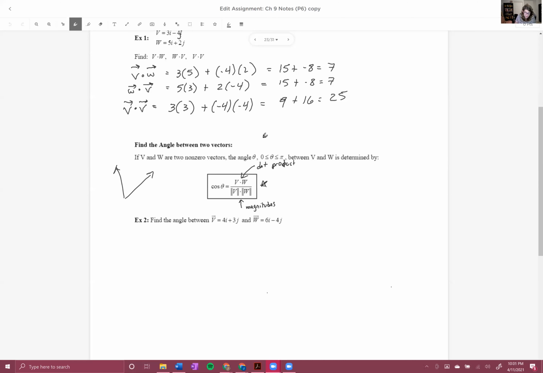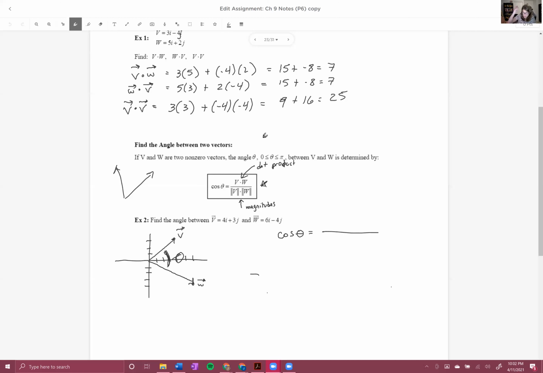So let's see this in action. We have our vector 4, 3. So I'll sketch that. There's our vector v. And then our vector w is 6, -4. It's going to be down here. And we want to find the angle in between them. How are we going to do that? We're going to use our formula. So cosine of the angle between them is going to equal